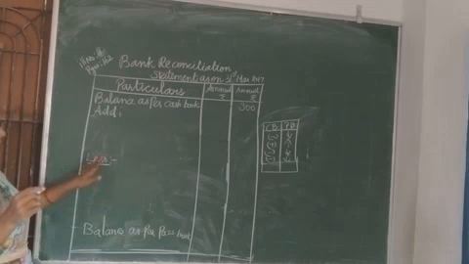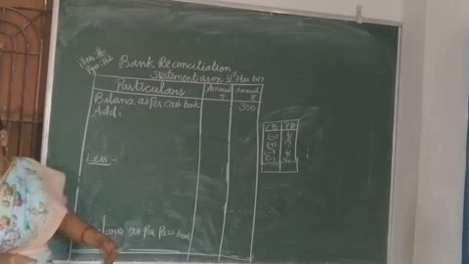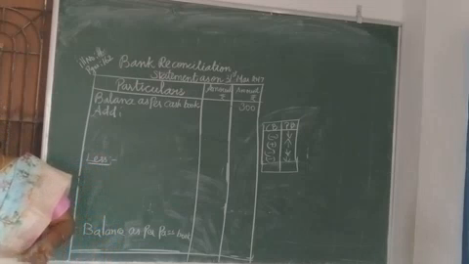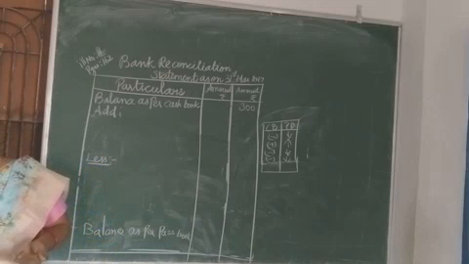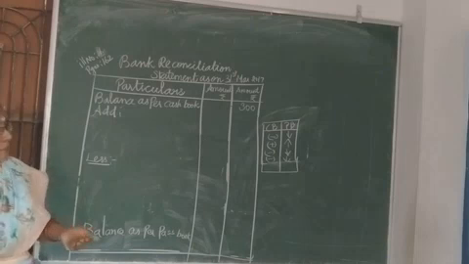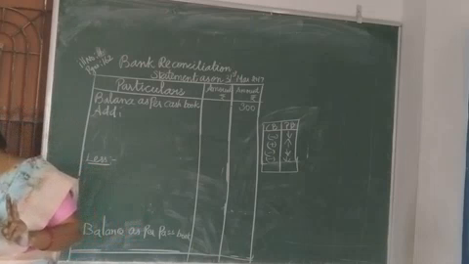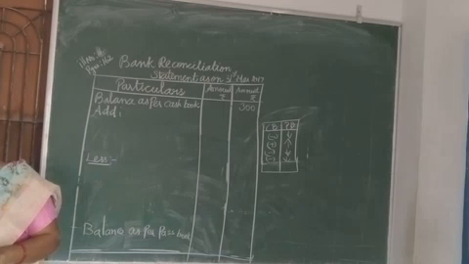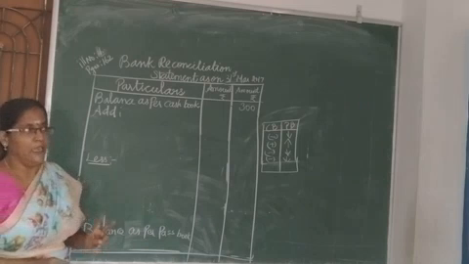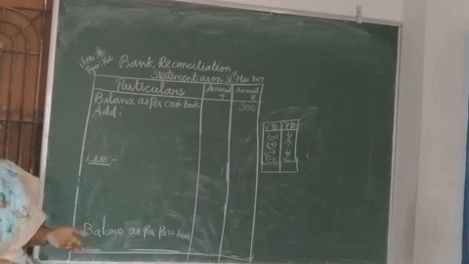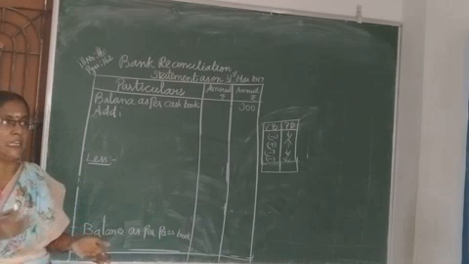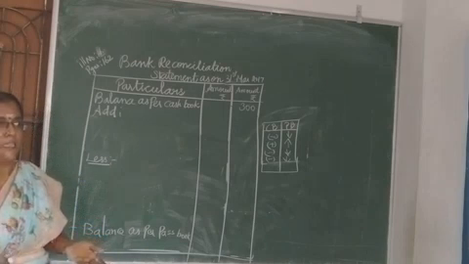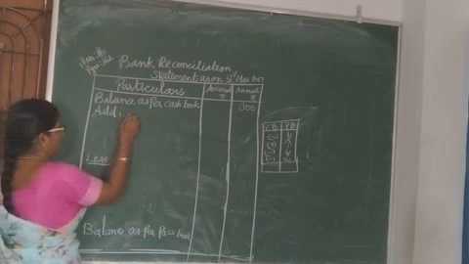So now let us see the variation, one by one. First one, what is the case? What got added here? Second sum, in that second transaction: check issued but not presented for payment, isn't it? Because it will increase the balance. The person did not go and present the check to the bank, so the bank balance will be more.